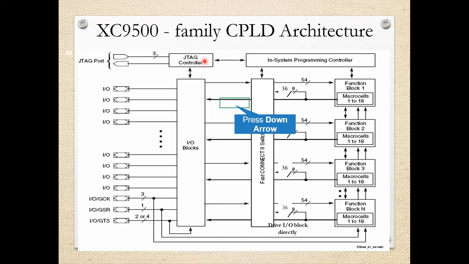The advanced CMOS 5 volt flash technology is there. Then the drive current is 24 milliamperes, and the full IEEE standard 1149.1 boundary scan JTAG support for all the devices. So all the IO pins of this particular device, these are the IO pins, are connected in a chain fashion through this JTAG. So through this JTAG we can send some data, and that can run through the chain of all the IO ports.